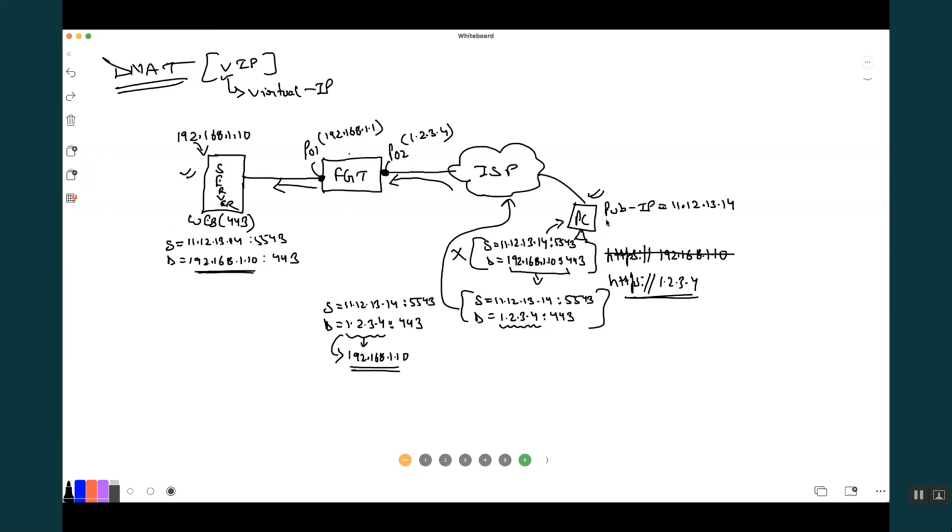So in short, if this PC wants to reach this server, or you want to ensure that this web server is accessible from the outside network, that means you have to configure DNAT on the FortiGate firewall, because the FortiGate firewall has to translate the destination. Clear? Yes. That's the use case of DNAT. If someone coming from outside wants to access something internal and you need to translate the destination IP, that is where you configure a DNAT. Clear?